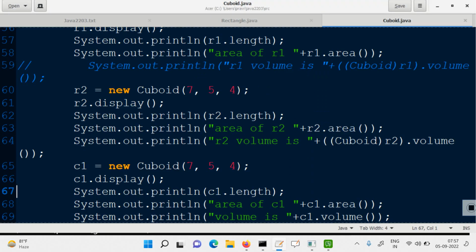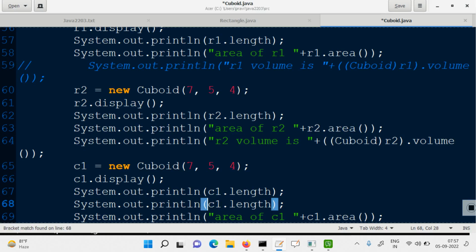Okay, so let's try this. So we have done C1 dot length, we get a 0. Yes, we'll do a C1 dot length, but let's do a casting to rectangle. Fine. Okay, so C1 is cast as a rectangle. Fine. C1 is being cast as a rectangle, and then I'm printing, and here,